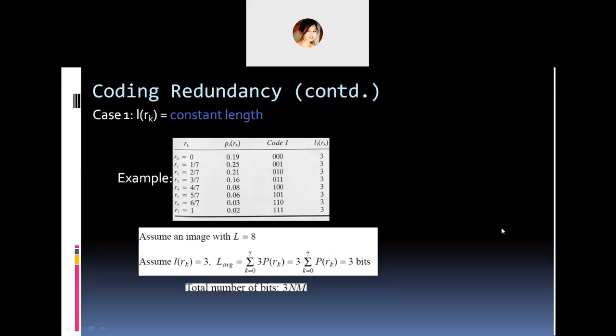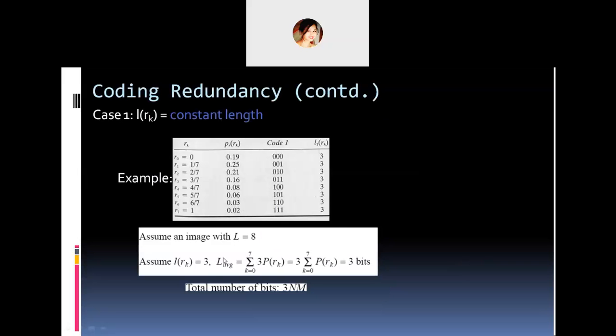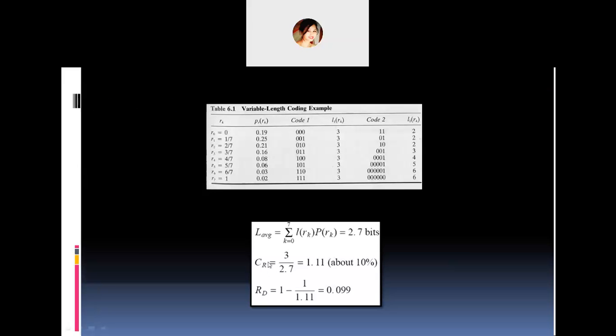So guys, I hope you remember those sums. So these are all a continuation of the other sums. Okay, and after that you have to keep the values here and calculate it. Here they are calculating L average, so they are using this formula. L average equals summation k equals 0 to 7, that is from 0 to 7 gray levels, l(rk) times p(rk). And p(rk) is this. You have to calculate it bit by bit. So we have probability values, all different, for these 8 gray levels.